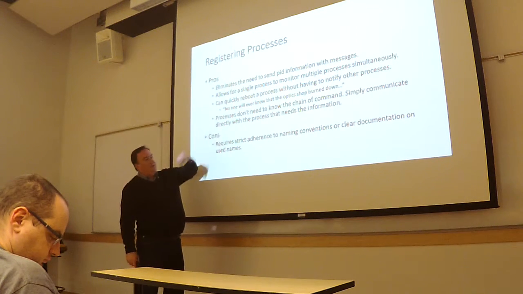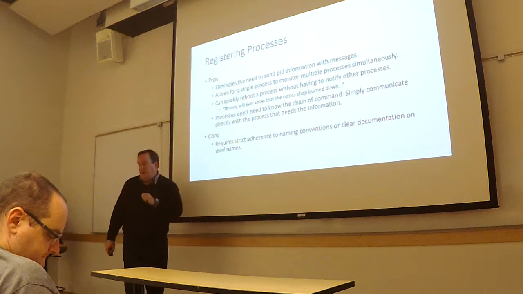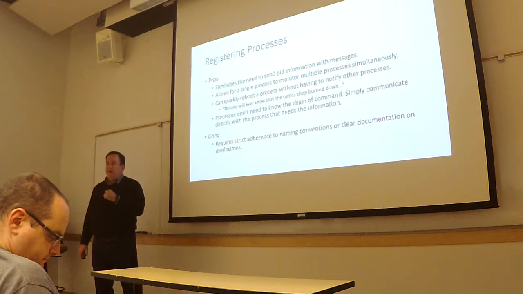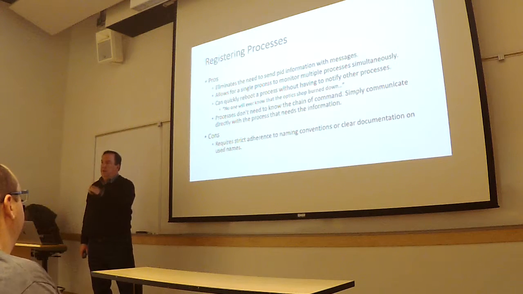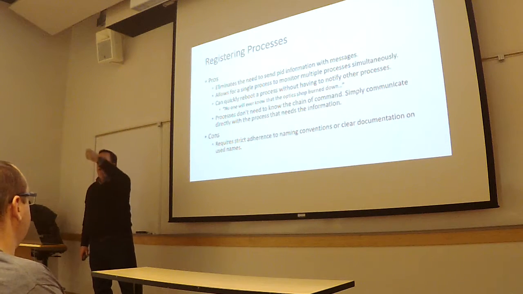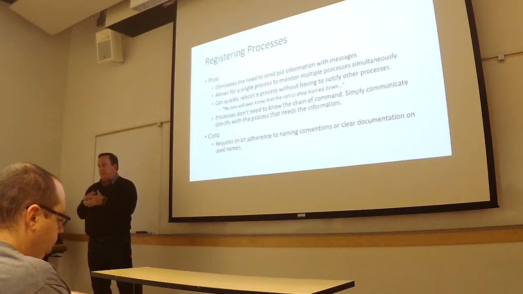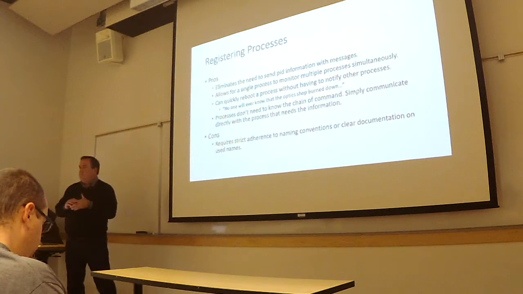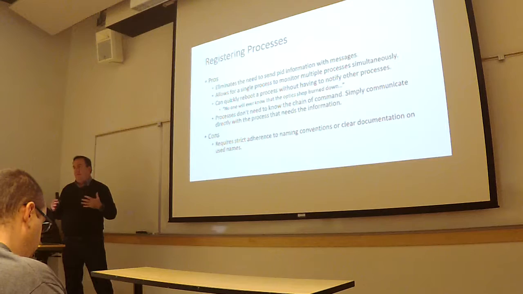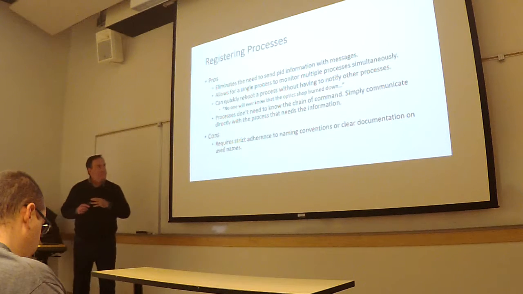They also don't need to know the chain of command. Remember how the analyst was passing along its own process ID, but it was also passing on a customer one? And then maybe something else has to pass on another process ID from something much farther up the chain? That goes away. If I need to communicate with that process, I don't have to have all the other intervening processes pass the ID along. I can at any point just ask for its name.